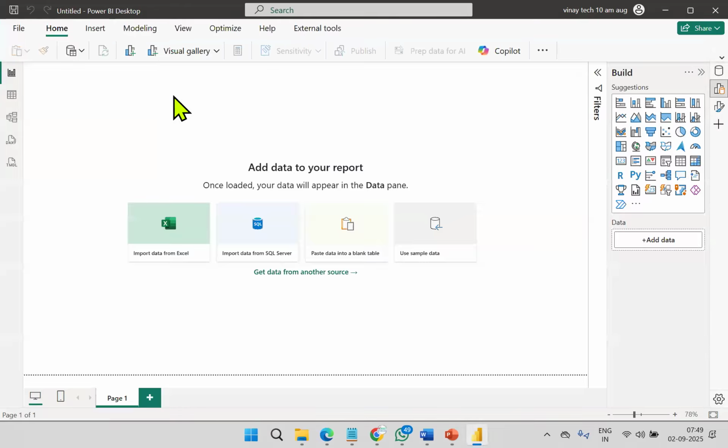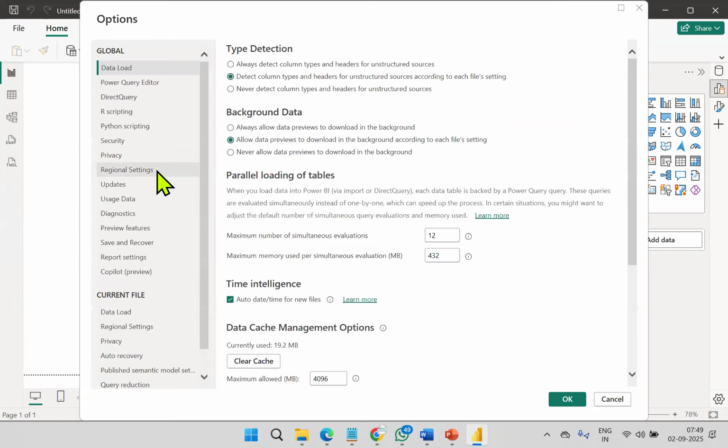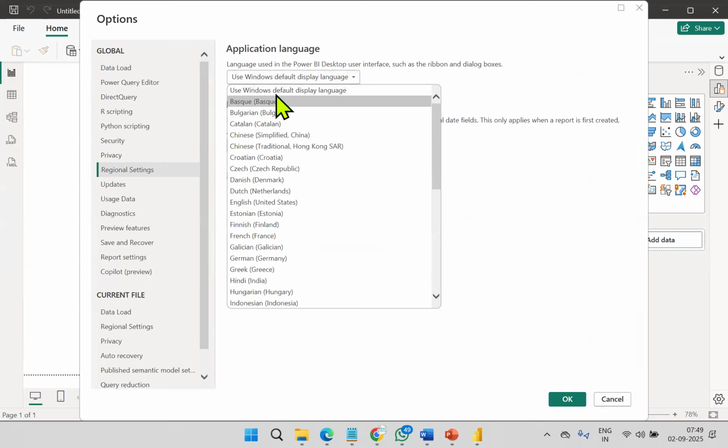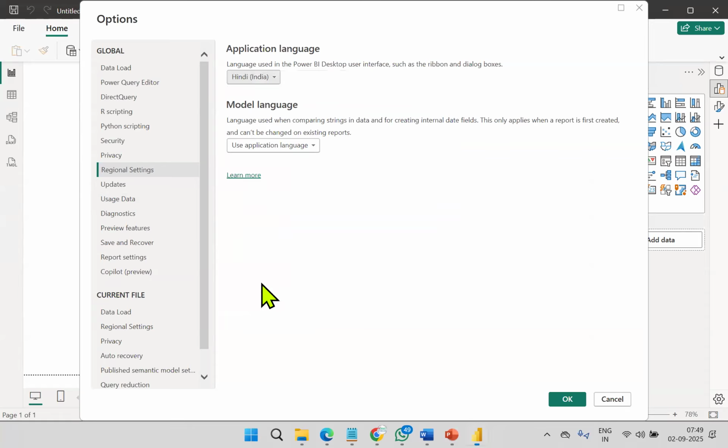There is something called regional settings in this area. On top, Hindi is available, not on top, in the middle. Select Hindi, click OK.